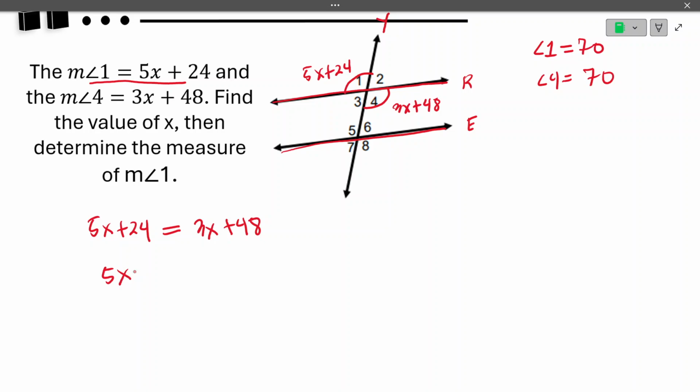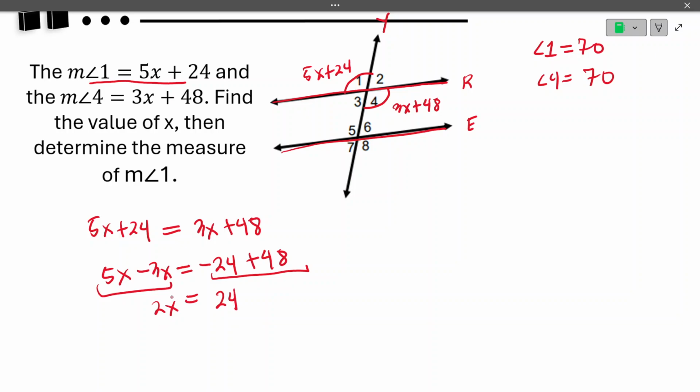So 5x minus 3x equals negative 24 plus 48. So on this side, what is 5x minus 3x? It's just 2x, right? Here, negative 24 plus 48 is the same as 48 minus 24, so it's